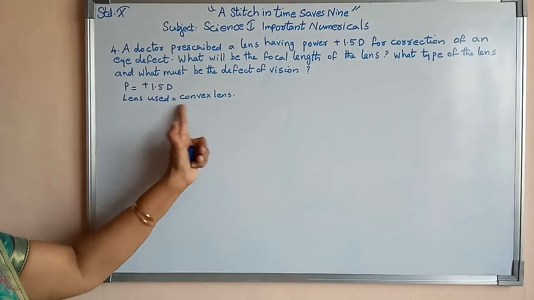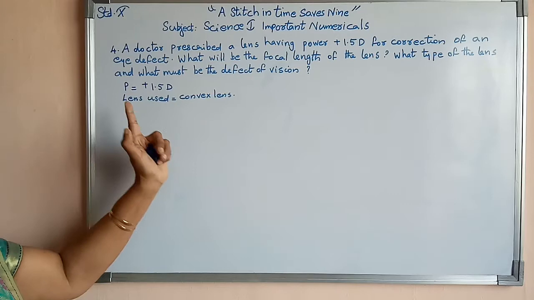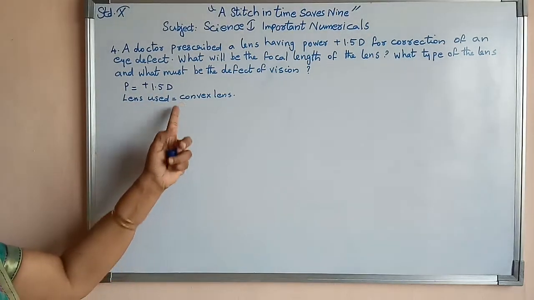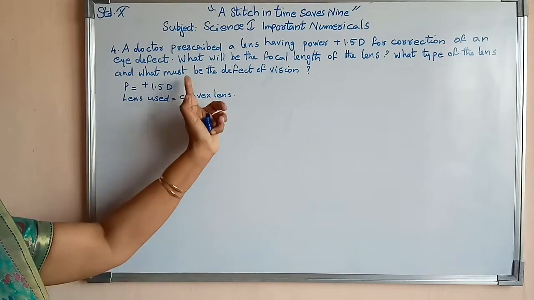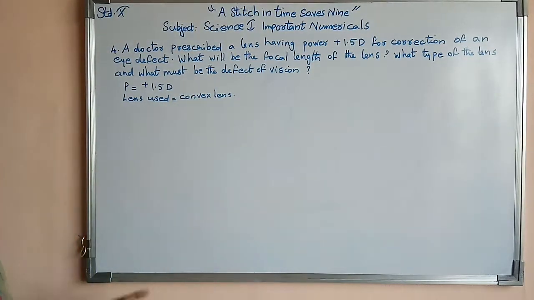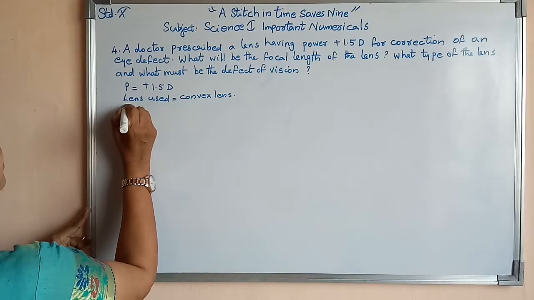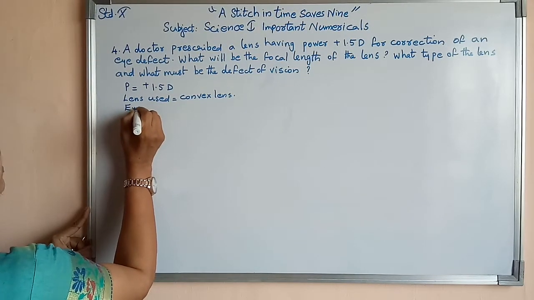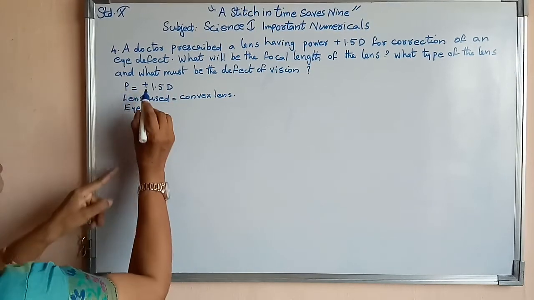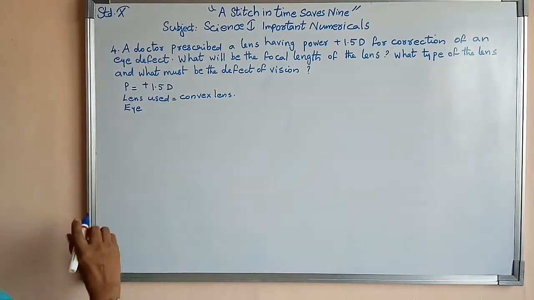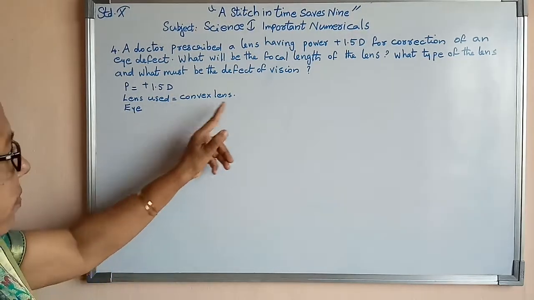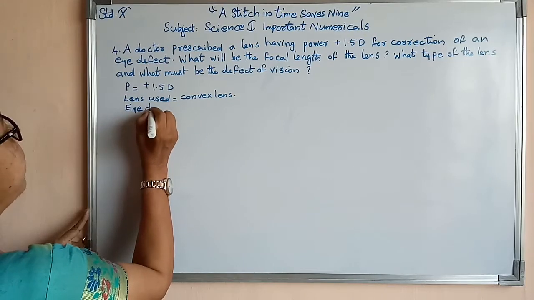Here positive diopter is given, positive power given, that means convex lens is being used. If convex lens is being used, we can say that the eye defect will be hypermetropia. So we can write the answer to the other question, the eye defect, by seeing these two things: power given is a positive value, lens used is convex lens. If convex lens is used, eye defect will be